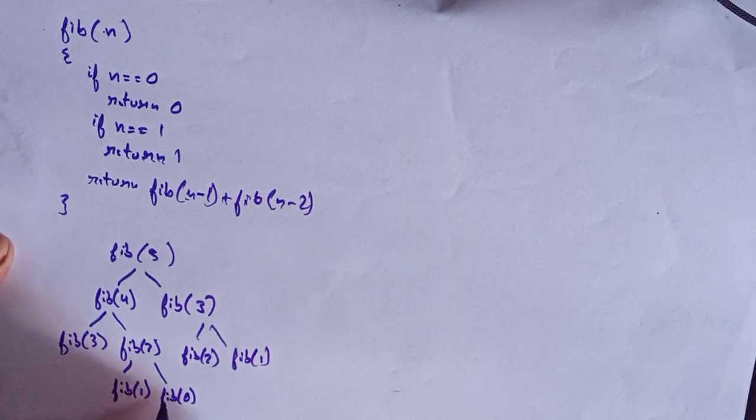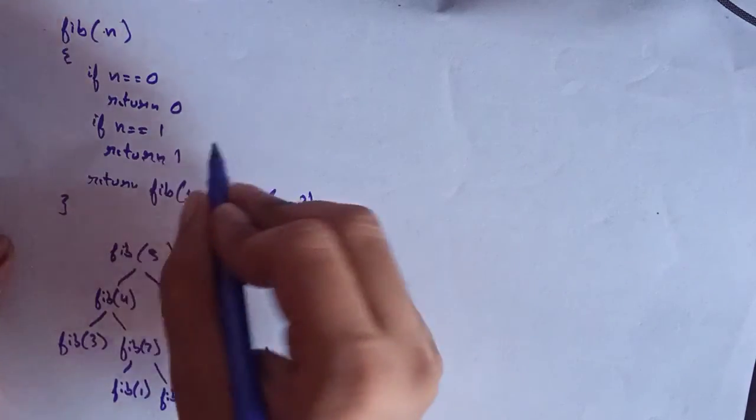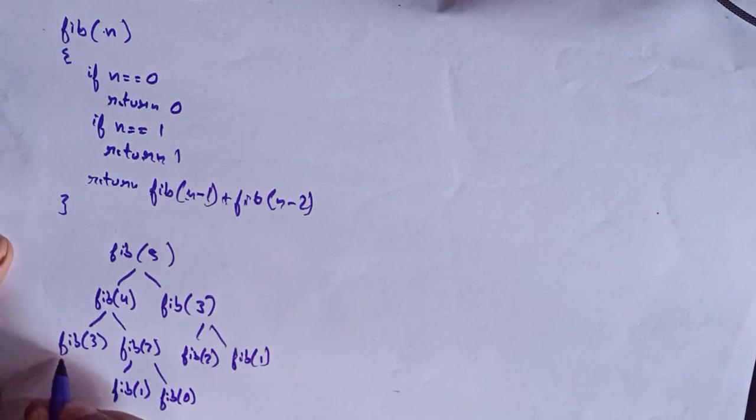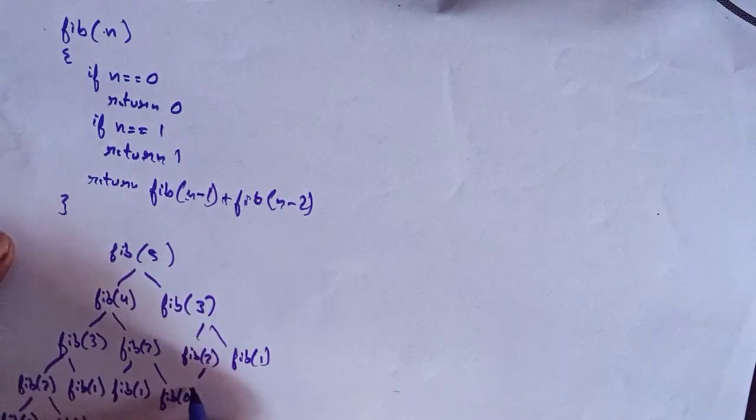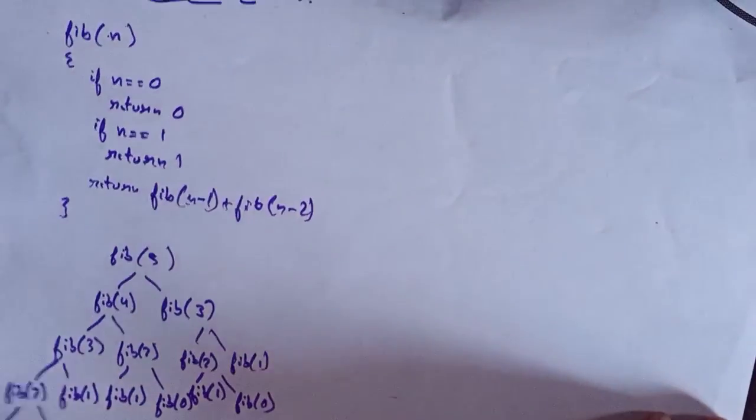So here we get a terminating condition. Since these values can return, we stop for this. For 3 we get fib of 2, fib of 1, and for 2 once again we get fib of 0, fib of 1. Another value that's left here is fib of 1, fib of 0. This is how it will be solved. Let's trace back and find the values that we will get.